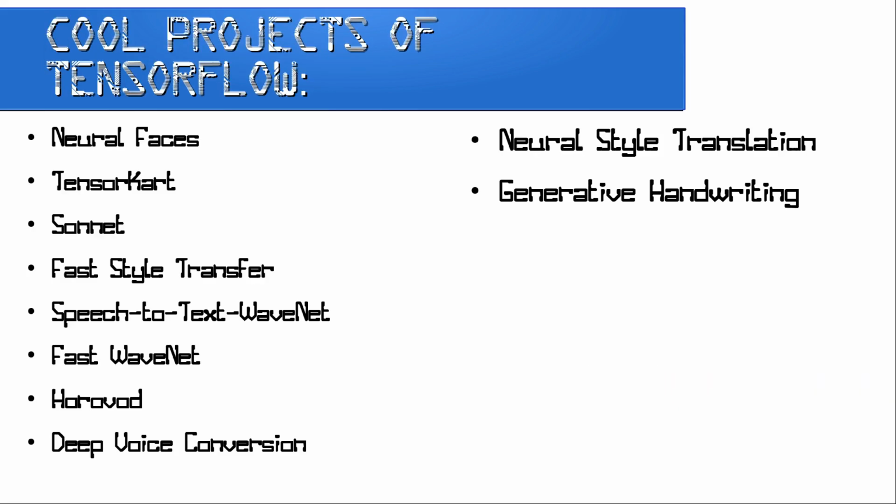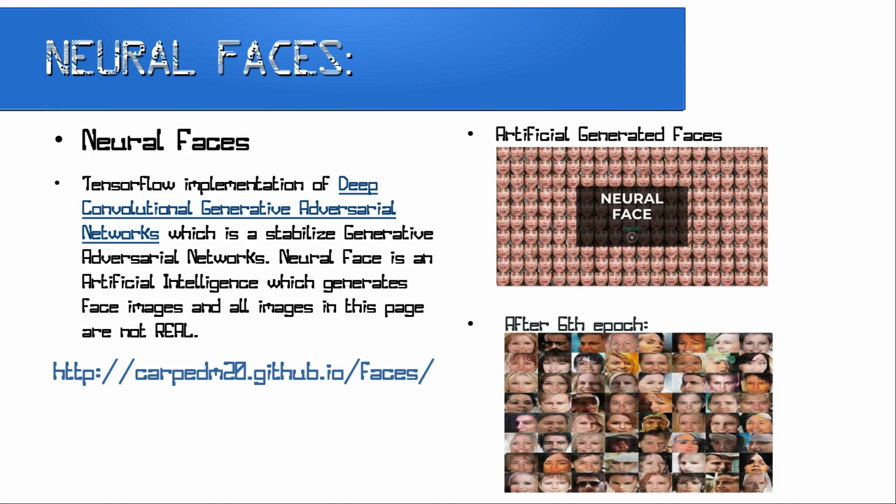Now let's explore some cool, awesome projects developed using TensorFlow. First one is Neural Face. Neural Face is an artificial intelligence library which generates face images, and all images in this slide are not real. This project is a TensorFlow implementation of Deep Convolutional Generative Adversarial Networks, DCGAN, which is a stabilized version of Generative Adversarial Networks, GAN. As you can see in the image with title Neural Face is a data set of Asian faces having all the human emotions, which was completely generated using a deep learning algorithm called